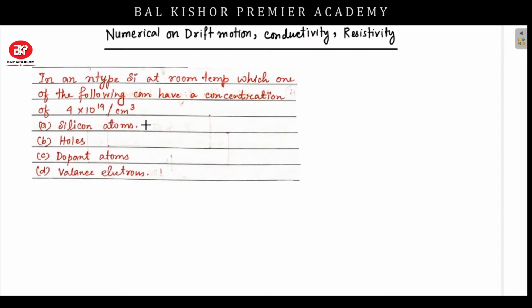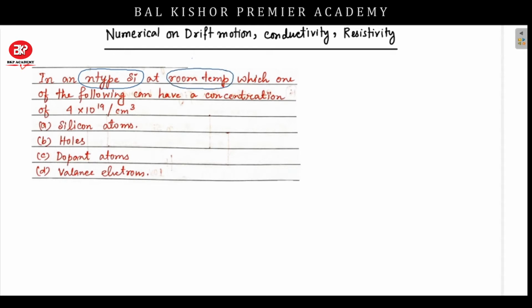In this video, we are going to discuss the numerical on drift motion, conductivity and resistivity of the semiconductors. In the first question, it is written that in an n-type semiconductor at room temperature, which one of the following can have the concentration of 4 into 10 to the power 19 per centimeter cube. So we have a semiconductor, the semiconductor is n-type and the semiconductor is at room temperature